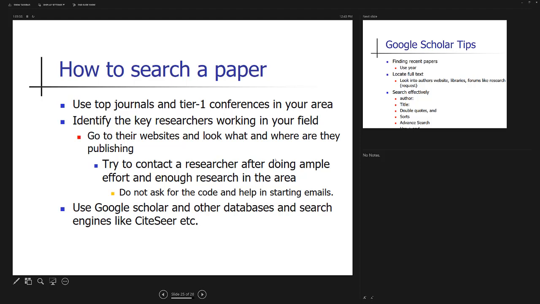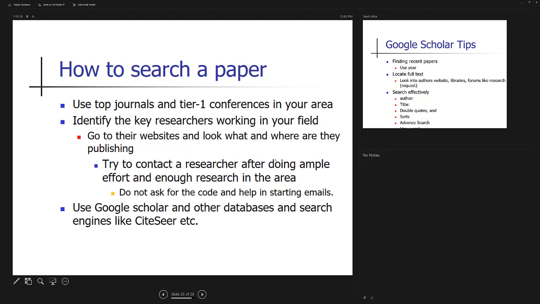Then you may look into the Elsevier, the Wiley, the Oxford, the Cambridge, the Springer, but at the second level. First of all, focus on the IEEE and ACM. Okay. Then the tier 1 conferences.